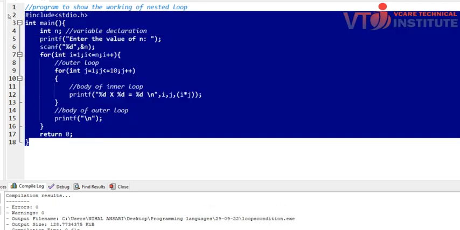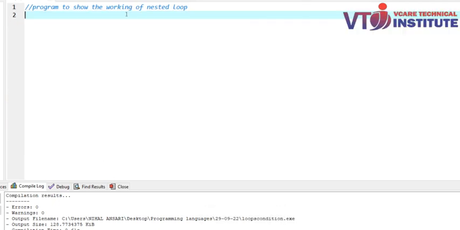ठीक है, अब हम इसी प्रोग्राम को, सो वर्किंग ऑफ नेस्टेड लूप, हमने यहाँ पे फॉर लूप बना लिया, अब हम वाइल लूप के लिए बनाते हैं। ठीक है, कि वाइल लूप कैसे काम करता है और हम सेम प्रोग्राम बनाते हैं। तो हम इसी प्रोग्राम को जो हमने अभी किया था उसे हम वाइल लूप से करते हैं।